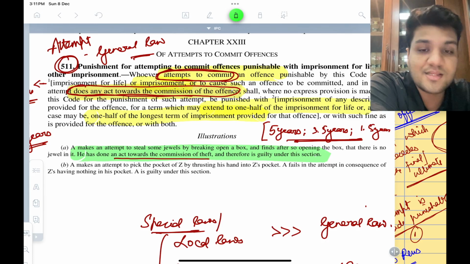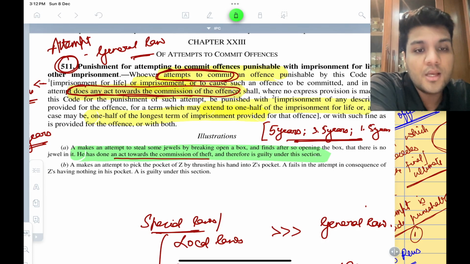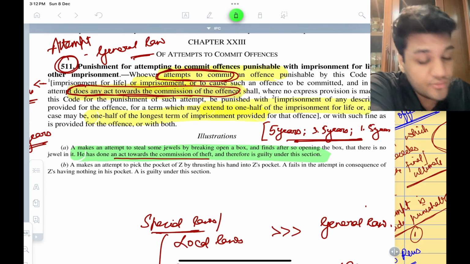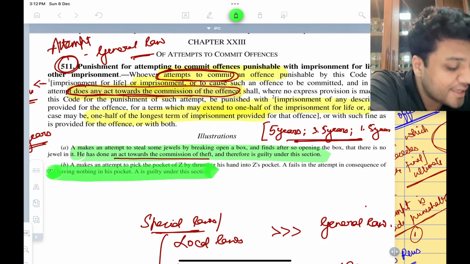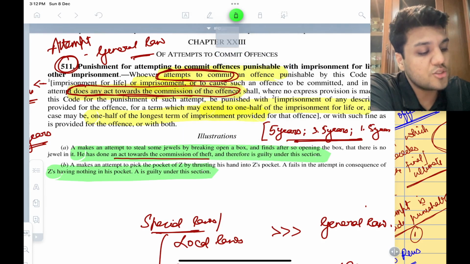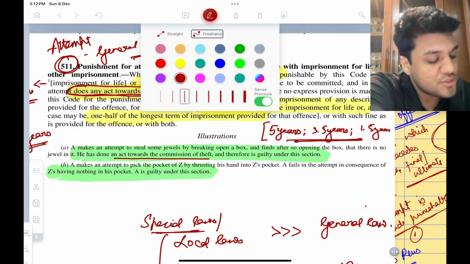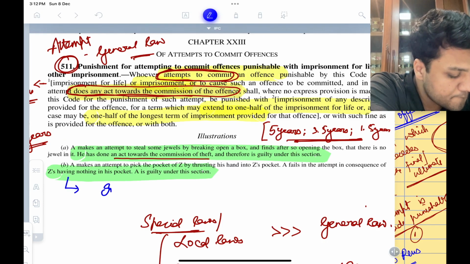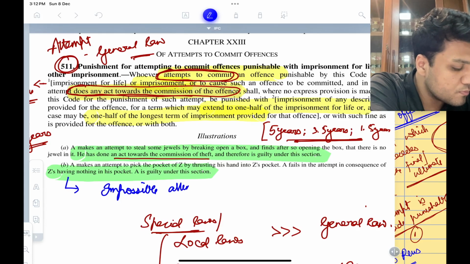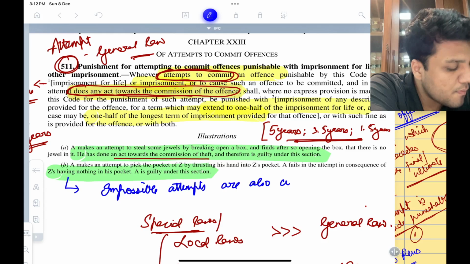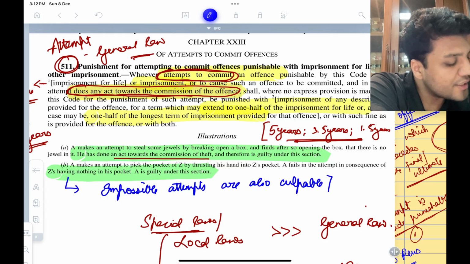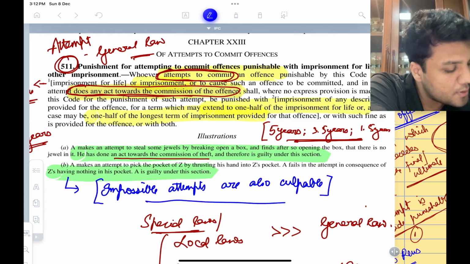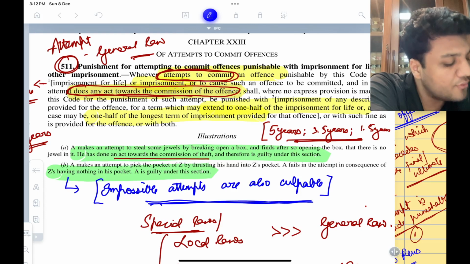of Z by thrusting his hand into Z's pocket. A fails in the attempt in consequence of Z having nothing in his pocket. A is guilty under this section. This also tells us that attempts which are impossible are also culpable. Even though the thing could not have been done, the person will still be held liable for doing such a